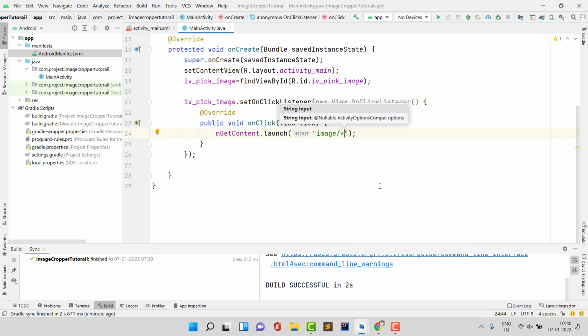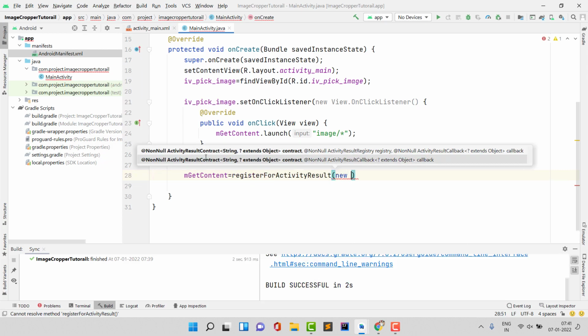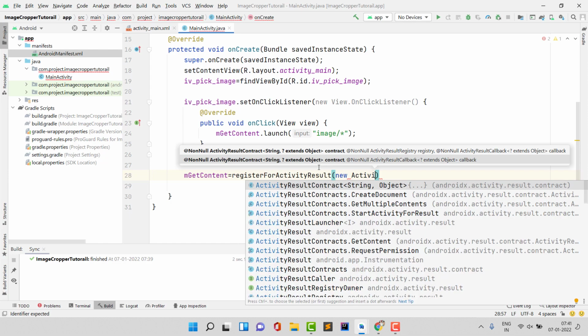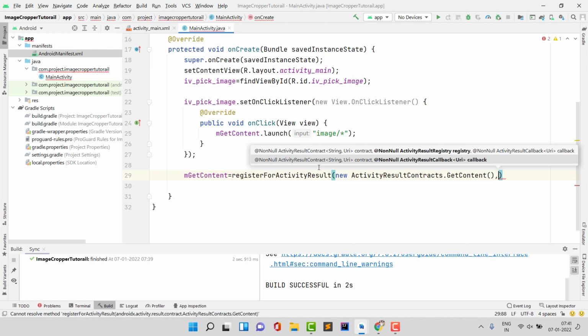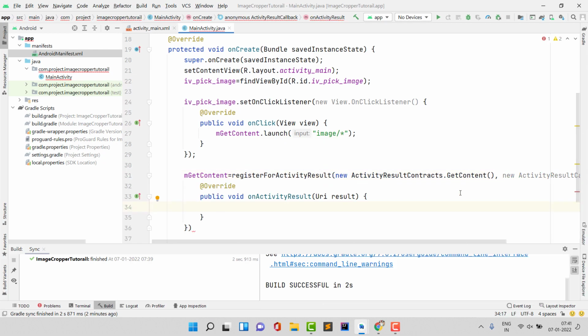Now we have to write the functionality for this getContent, because after selecting an image we have to get the URI of that image to send it to our cropper activity, where we can crop it, perform filter options, and then get the final result. So getContent equals registerForActivityResult, and inside this you have to type new ActivityResultContracts.GetContent, then comma, then after typing new, just press enter.